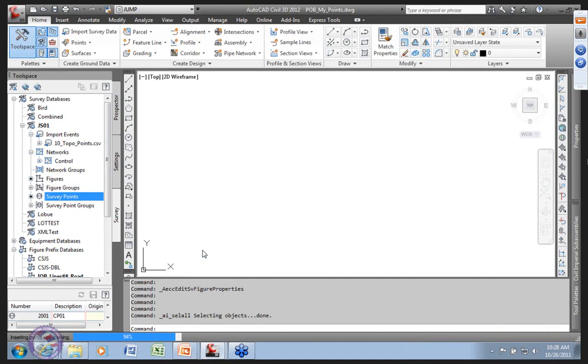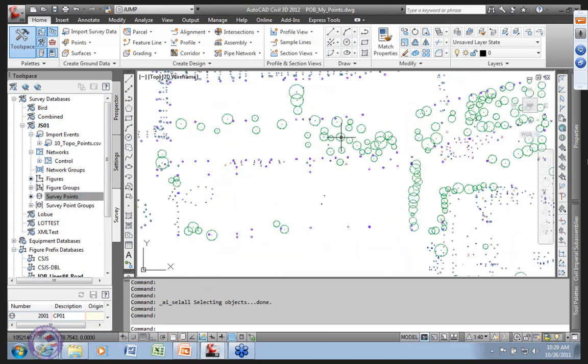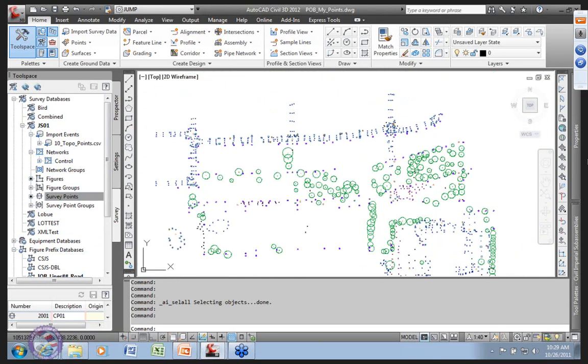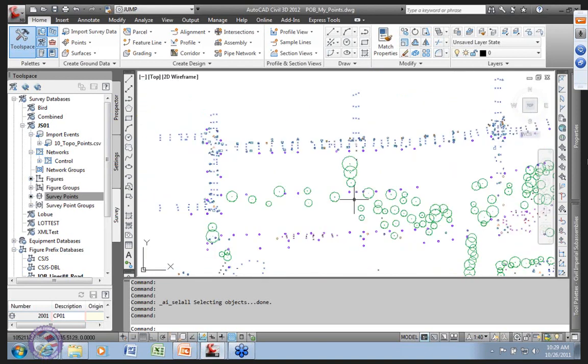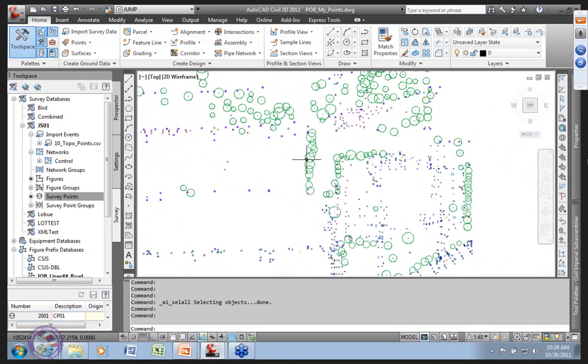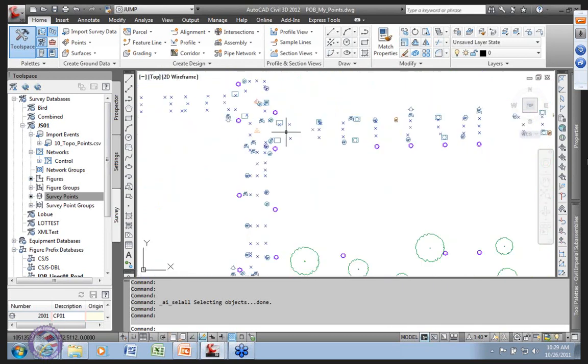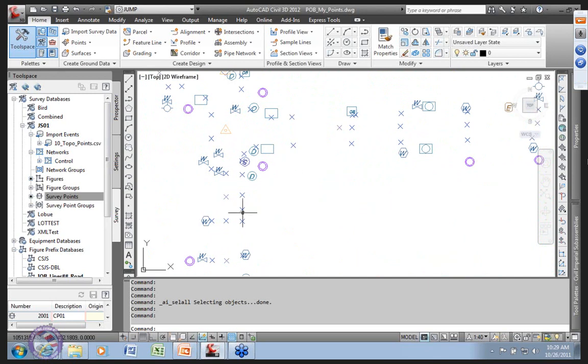So all the points are going to come into my drawing, and I get, surprise, surprise, dang near exactly, in fact, if you look carefully, you get exactly the same result because I didn't change anything. I get symbols, and once again, I got these locations here that,